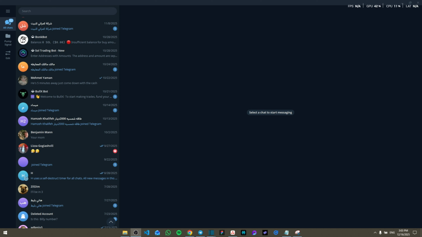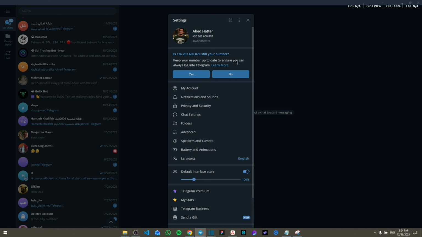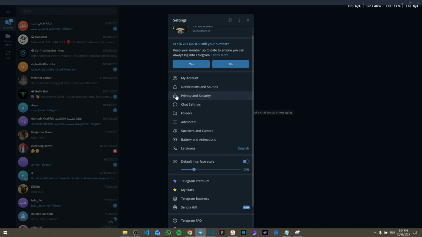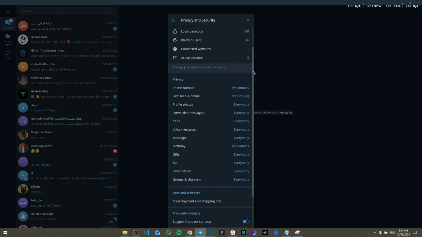You can do this method exactly for your phone or your computer, it's the exact same steps, just looks a little different. All you have to do is go to the top left section where you can see the three dashes or the three dots. Once you're here, go to your settings. Once you go to your settings, you're going to scroll down until you see privacy and security. Click on this option. Once you click on this option, you're going to scroll all the way down until you